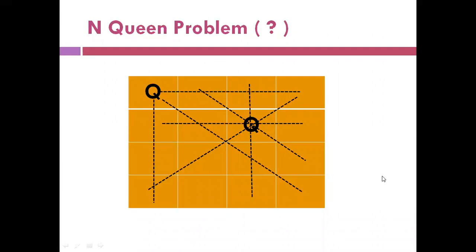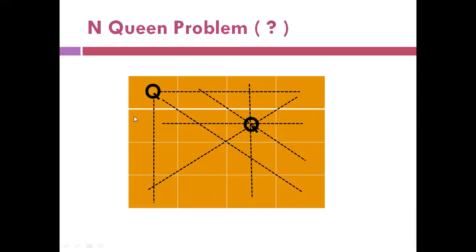So in this instance, you see that I've considered a 4 cross 4 board, which means I need to place 4 queens on a 4 cross 4 board. And the conditions are you need to place the queens such that no two queens can be in the same row, same column or diagonally. So I'll consider the components one by one. Here my components are the queens which are to be placed. Since I have to place 4 queens, I need to consider queens one by one.